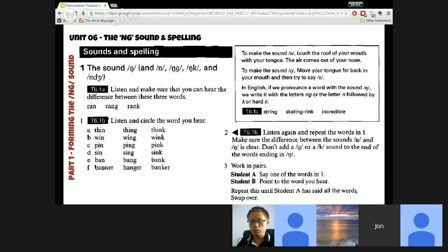Wait a second. Who's learning pronunciation? You or your dictionary? And which word do you know? That was F, column 2. Banner. The letter G almost doesn't pronounce. Banger. What? Listen carefully. Banger, banger. Banner. No, you need to hear the G. You need it. Trust me. Remember,